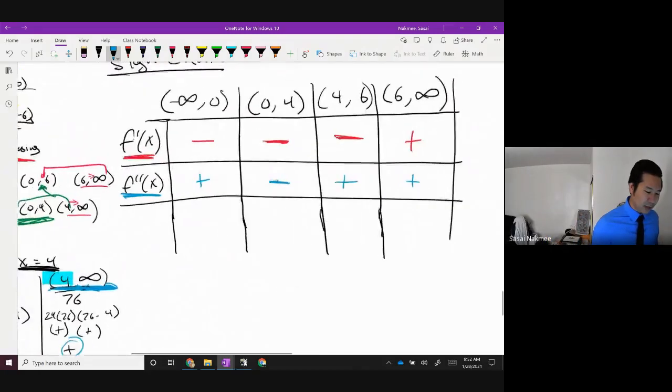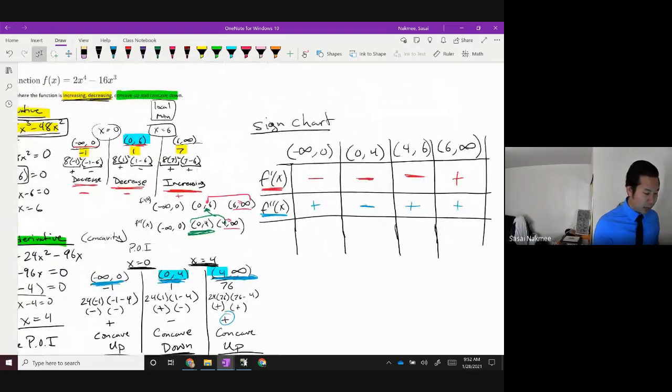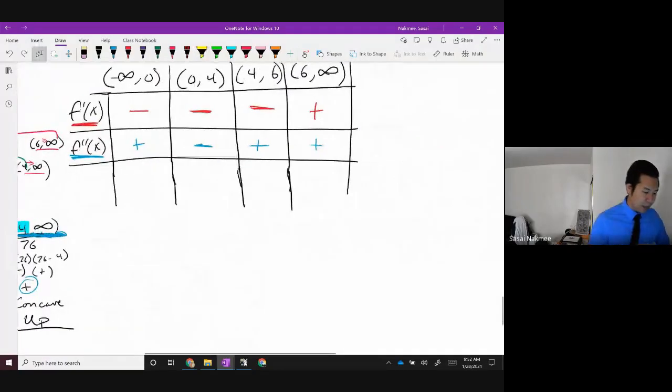And you're going to say, this just looks weird to me. And it is a little strange. We're just taking all the information that we got earlier. So knowing that it's negative, negative, positive, that's what we got right here. Negative, negative, negative, positive. And then we did the same thing for the second derivative. So with that, check this out. If I know that the first derivative is negative,